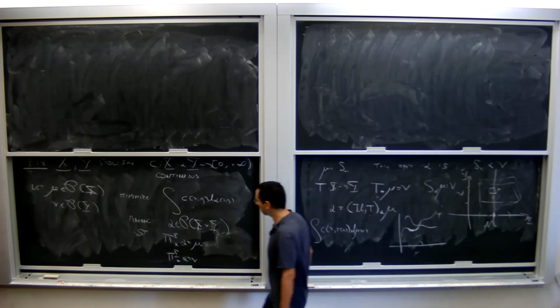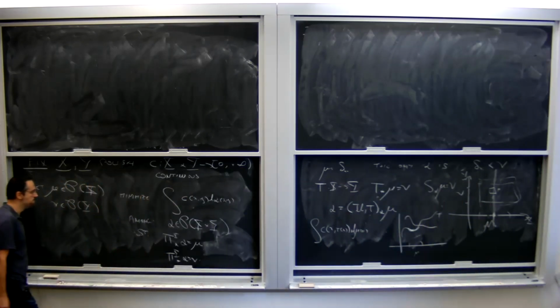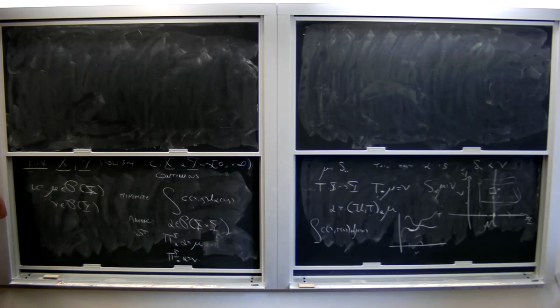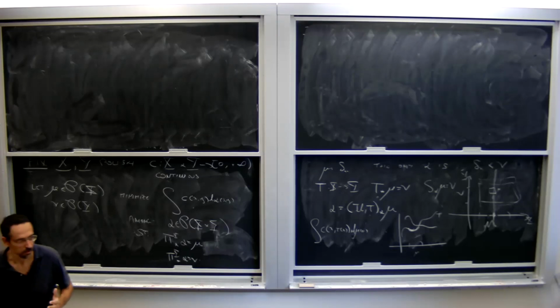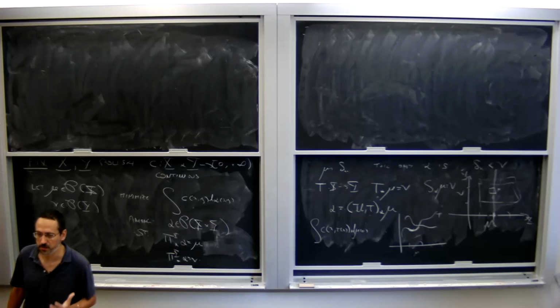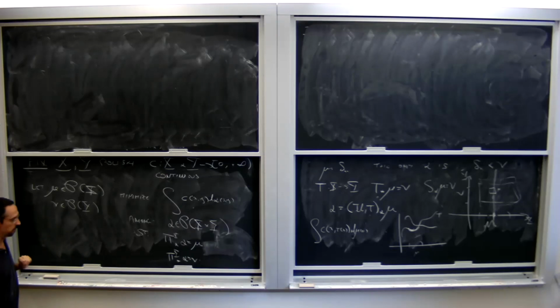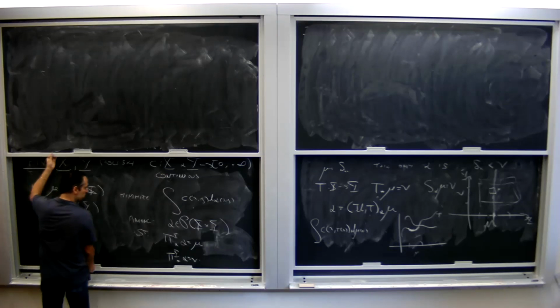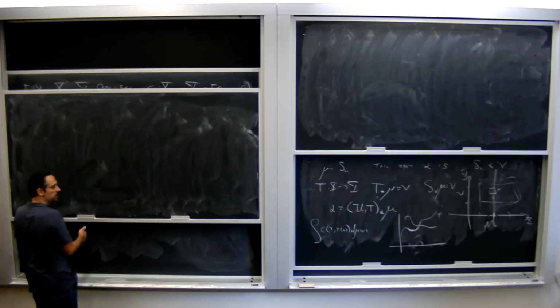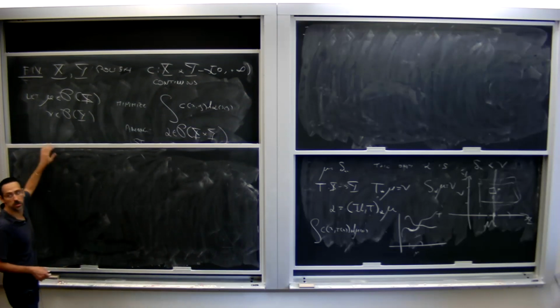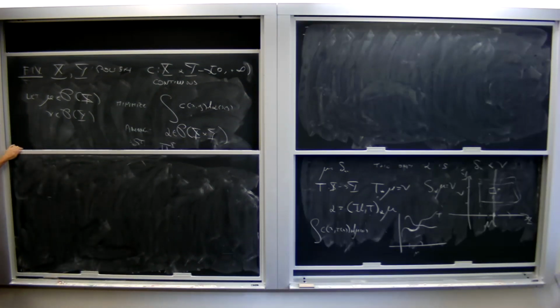Okay. Now, I want to minimize something. So there is one theorem that we all know about the existence of minimizers that tells you that if you are minimizing a lower semi-continuous function over a compact set, then a minimizer exists. So that's basically almost the only theorem. Well, not really the only, but almost the only theorem we do have about the existence of minimizers. So let's try to see whether we can apply this theorem in this case.